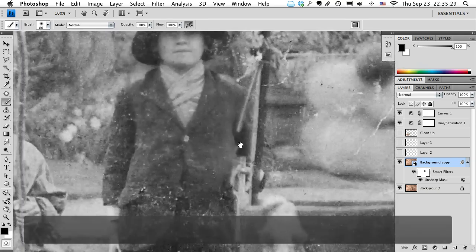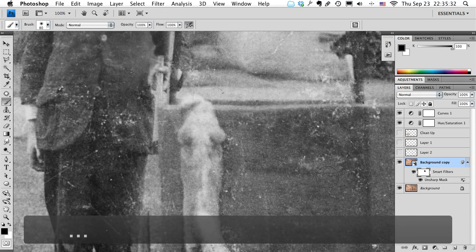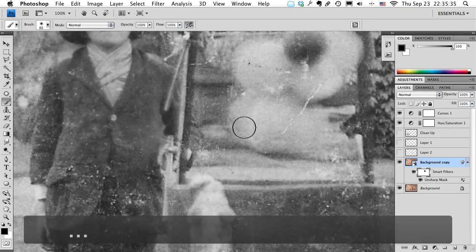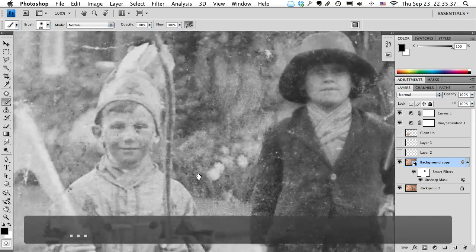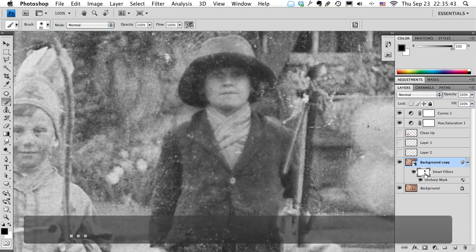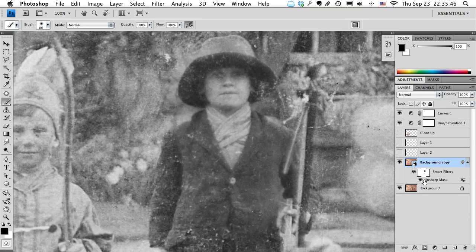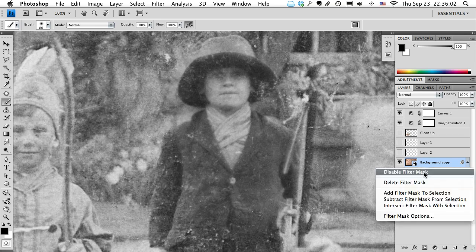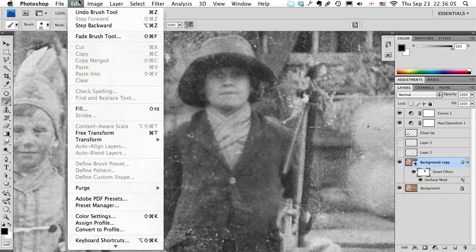Now, we really don't want to sharpen these areas with just solid colors, or solid tones. We really only want to sharpen the detailed areas. So what we should do is fill the entire mask with black, just to hide the effect, but then use a white brush to paint on the mask to reveal the filter in the areas we want it. So just to explain, Edit, Fill,